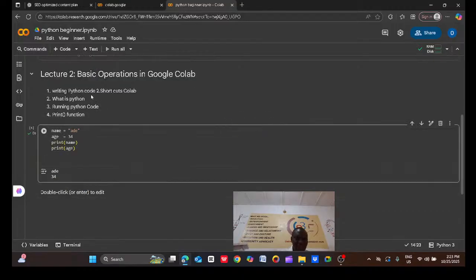So after writing the code in Python, the next thing is to look at some of the shortcuts that you should be aware of in Google Colab or Python. Now, before we go to the next one, let me tell you some of the basics.